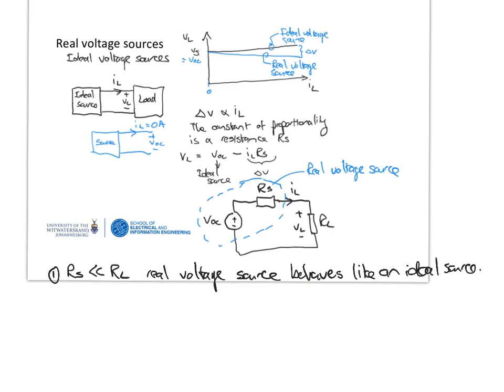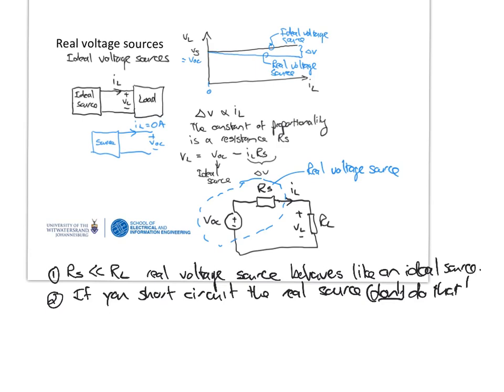And the second thing that you can see is if you short circuit the real source, which you mustn't do, so don't do that, because it can damage the voltage source, but then it means that RL is equal to 0, and then we have